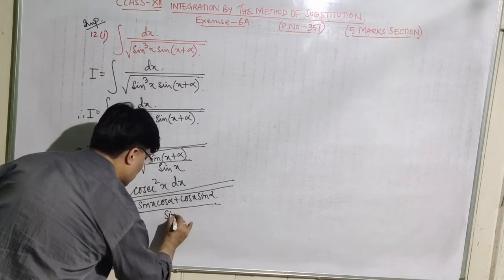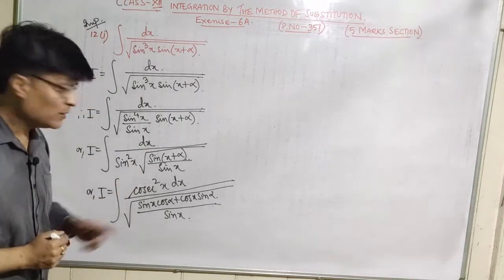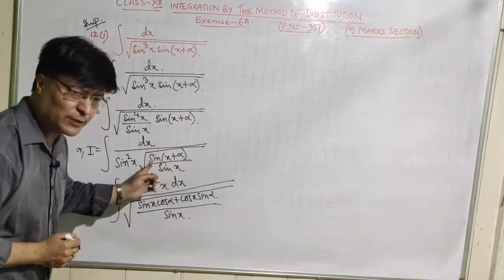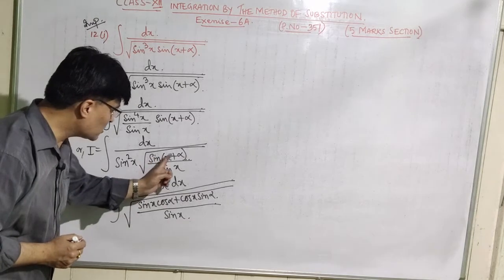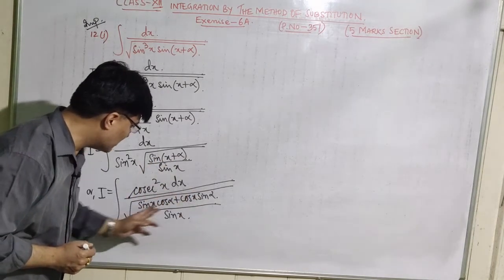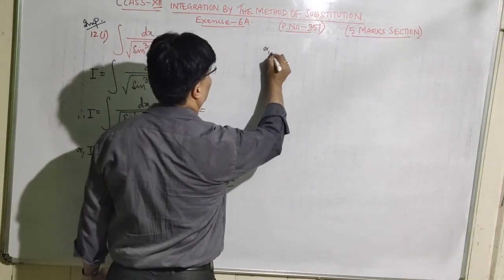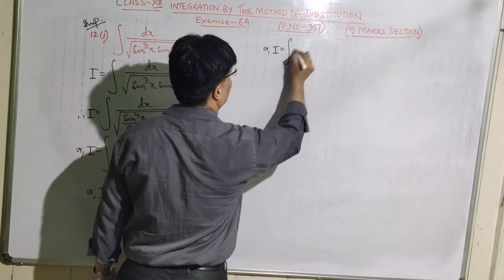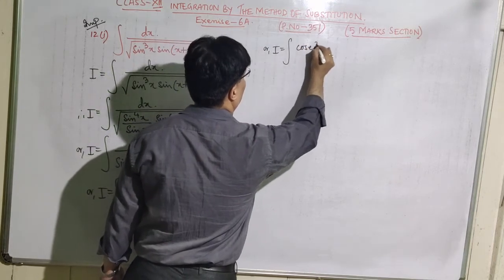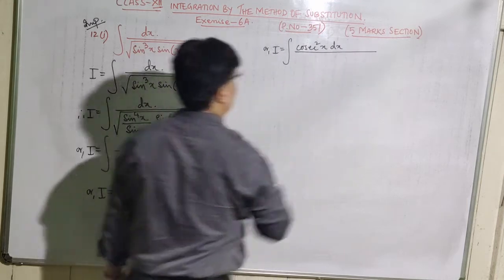divided by sine x. It is just simplified. This is sine of x plus alpha, meaning sine of a plus b: sine a cos b plus cos a sine b divided by sine x. Okay, so I is equal to integration of cosec square x dx